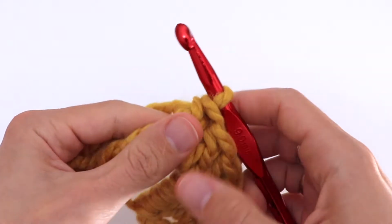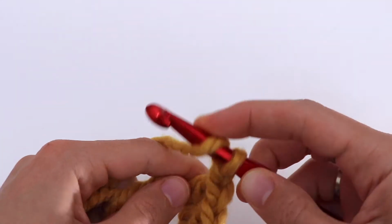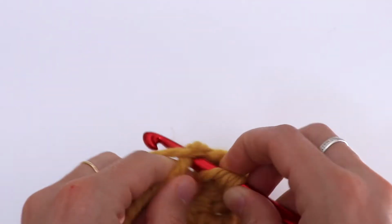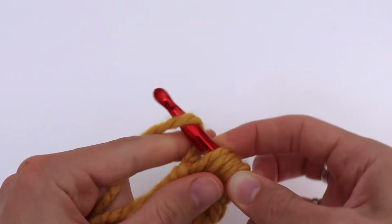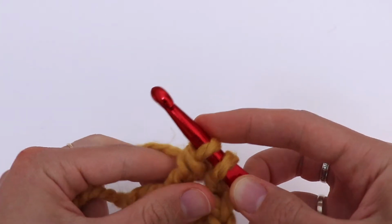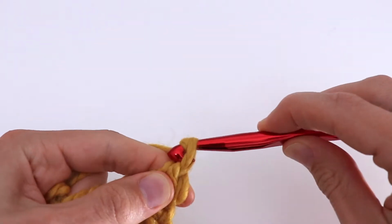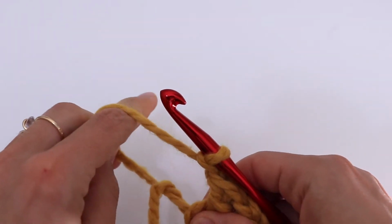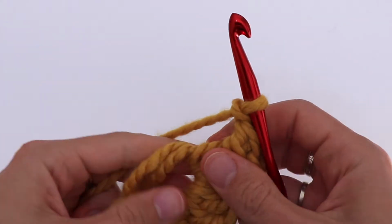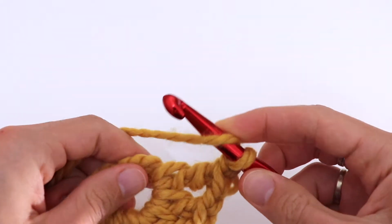Make a chain 1 and now 1 treble crochet. Now chain 1 and we are going to repeat the second part. Make 3 double crochet,